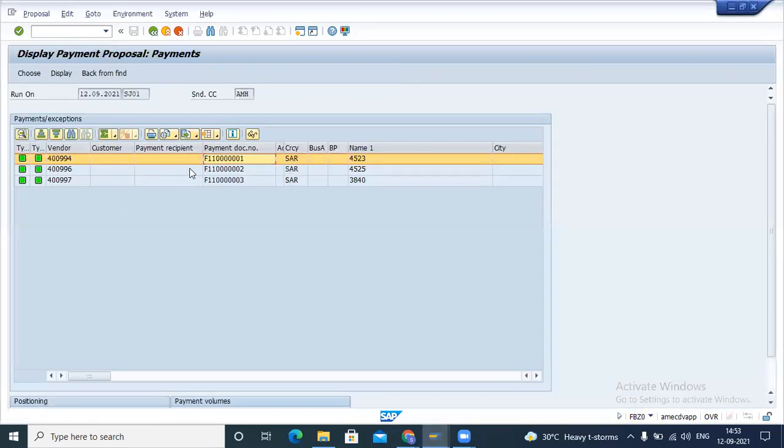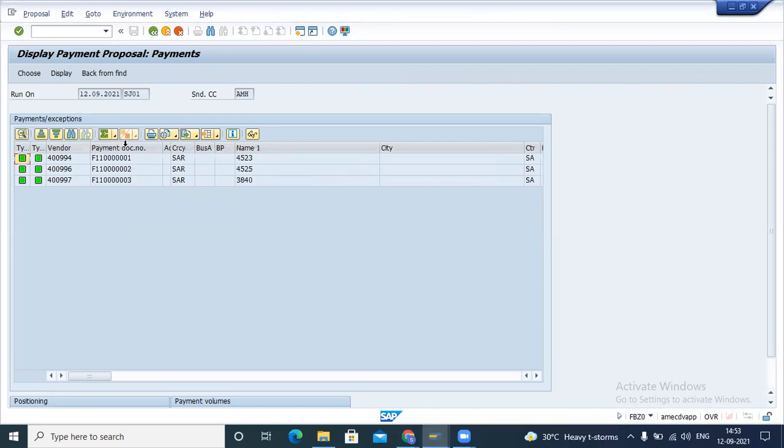But here we are not posting anything, we are just creating a proposal. In this case the system is still assigning one number to each vendor, but that is starting with F1, which you can use.